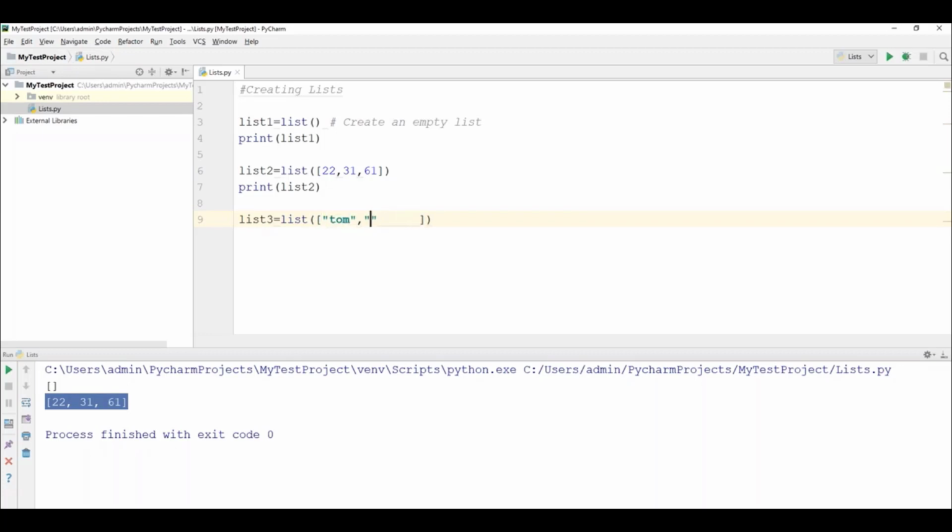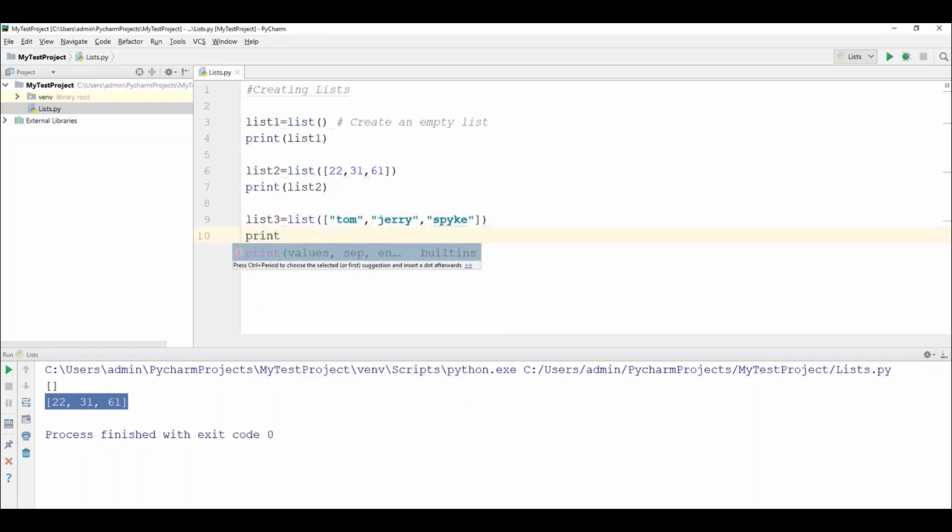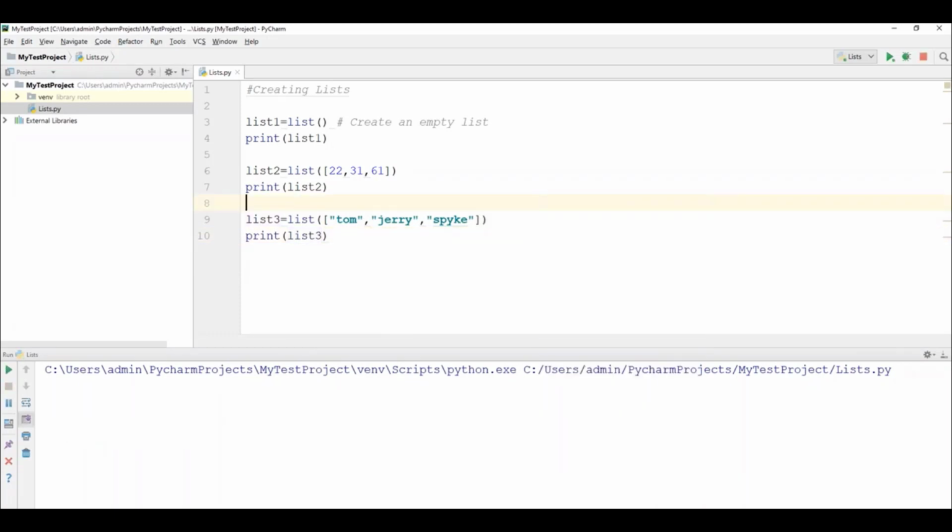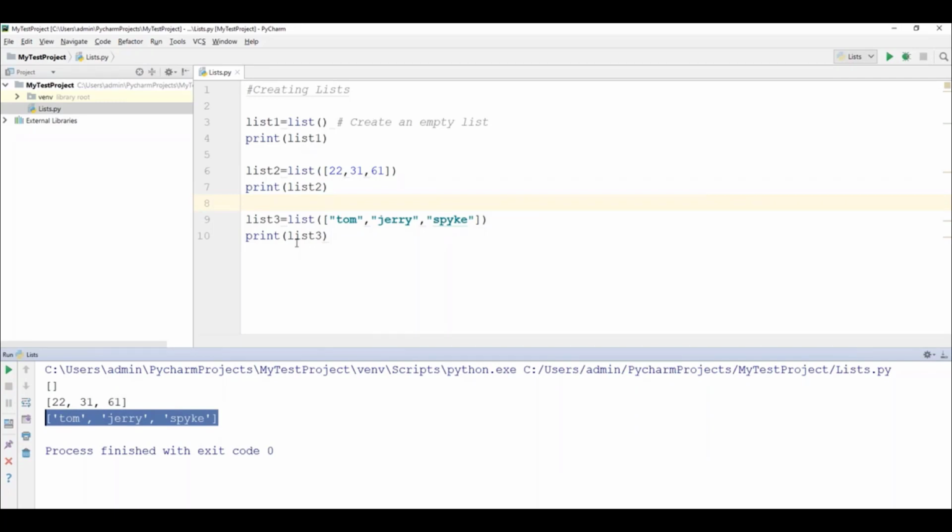I'll add one more string, Jerry, and comma, and create one more. Let's say Spike. Now let's print this list. Print list3. Now when I run this code, it will give you exactly the 3 items which are present in list3.